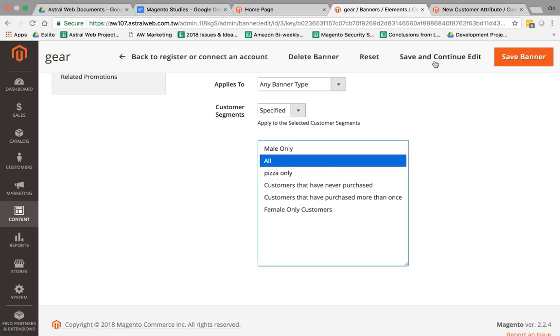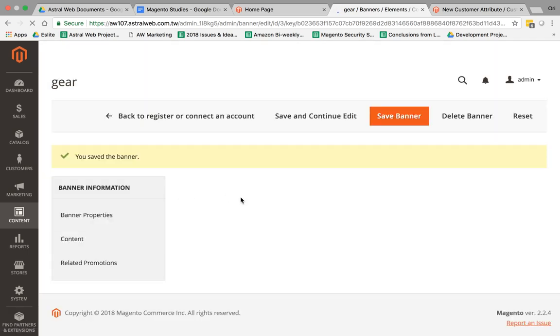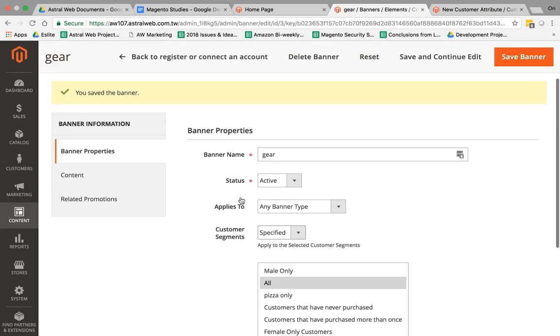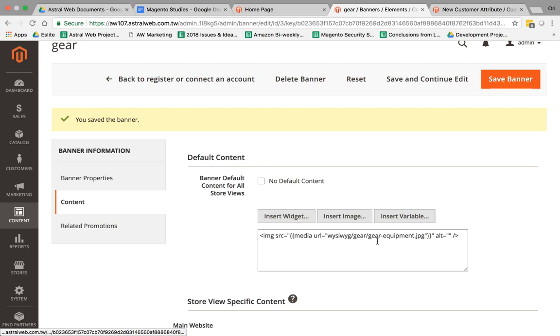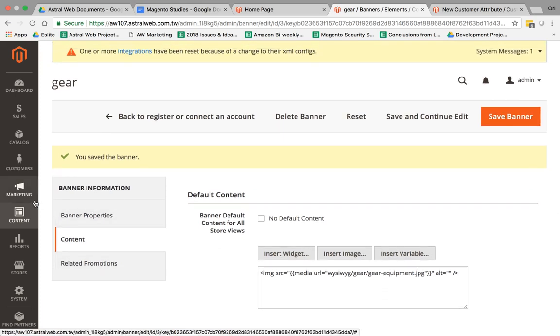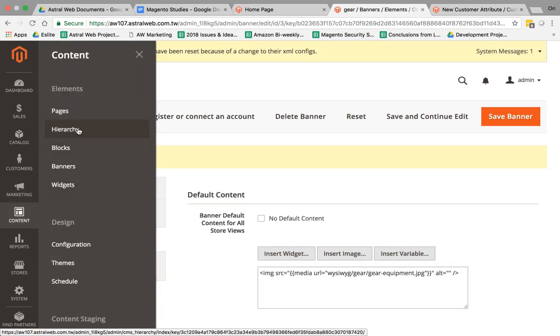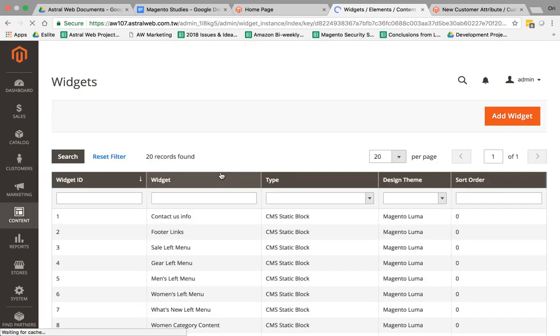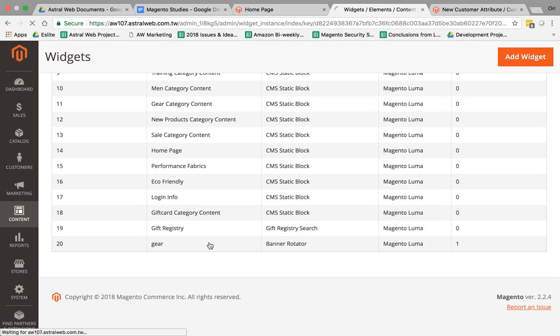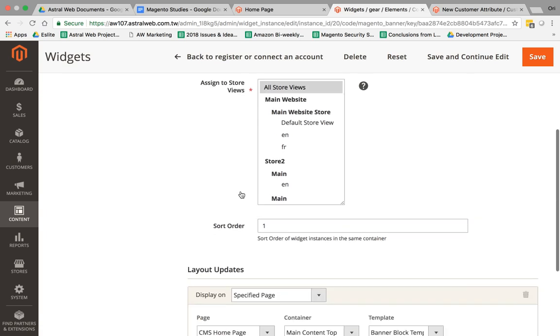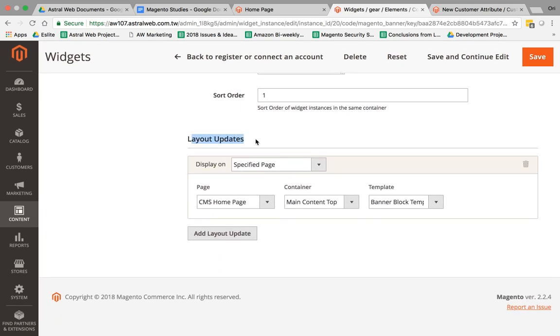Okay, so let's put this back. What I did with the banner is basically I created this one image, which I uploaded, and then I used widgets to specify a widget that is located on the home page at the top with this template. So that's kind of the idea.